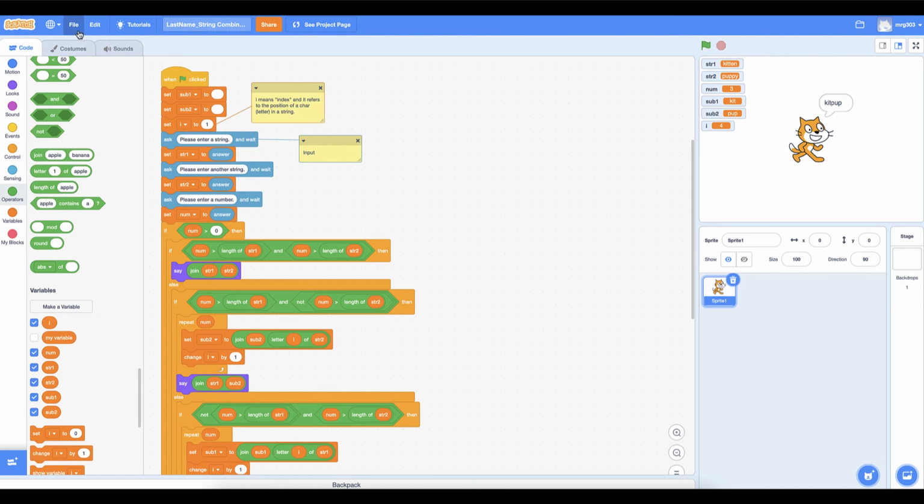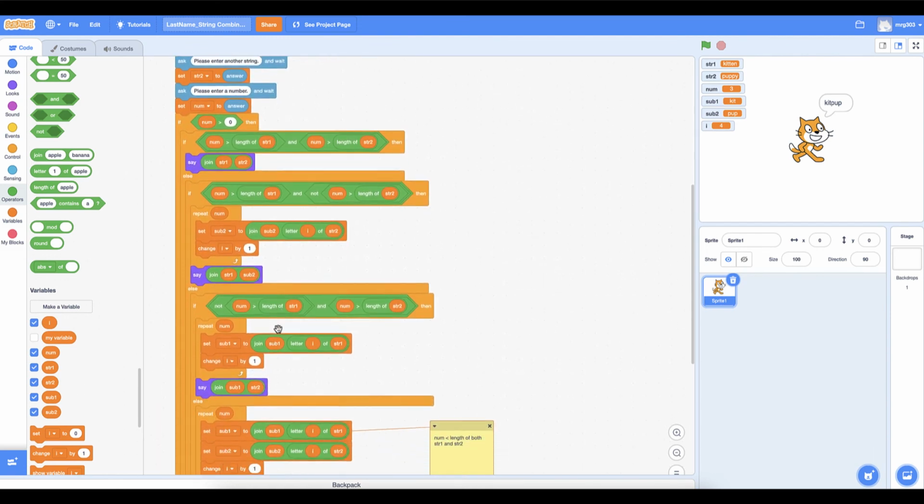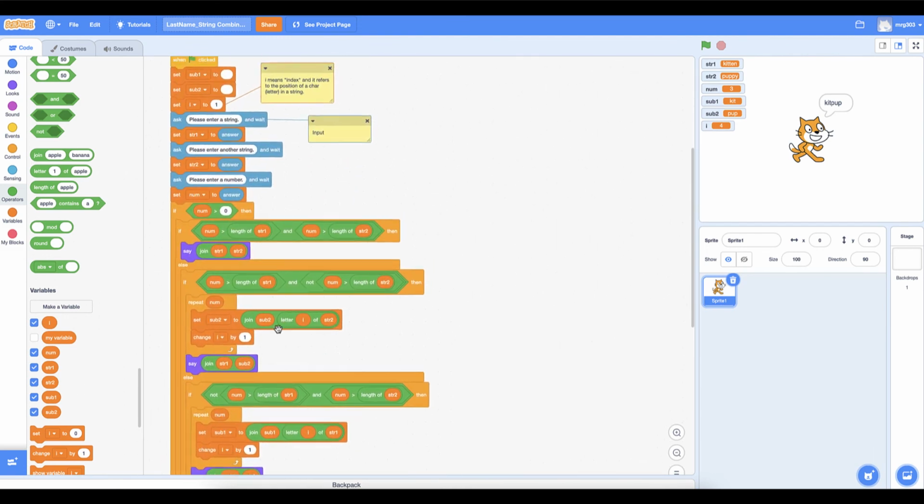Here's what you can do. You can click File and click Save to your computer. It will save a file to your computer that you can later upload back into Scratch, and you will not lose your code. So just make sure you're